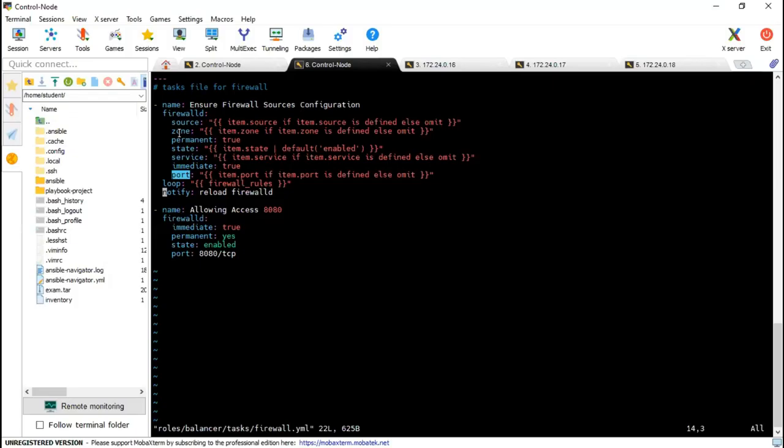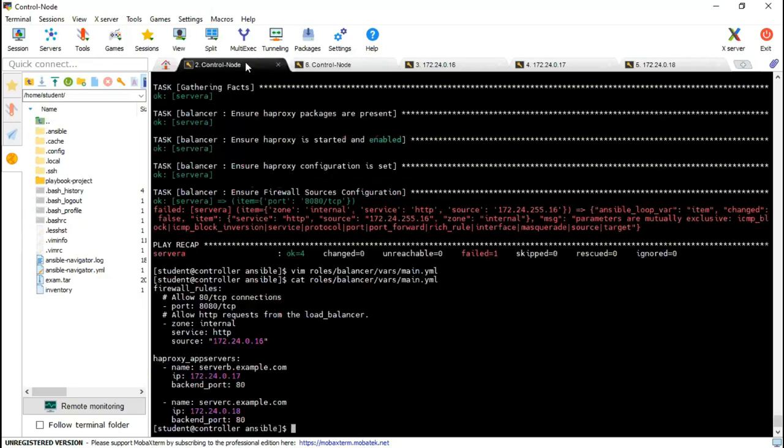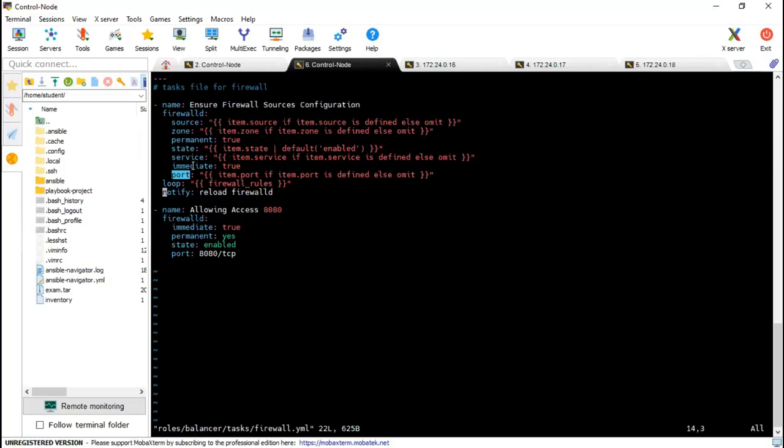Source is required, zone is also required, permanent state is also needed, and default enabled. Zone is defined. Item.zone. Item.zone. Then service, yes. I got it. I got it.